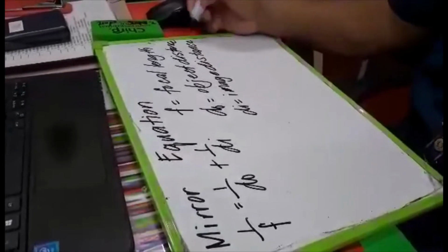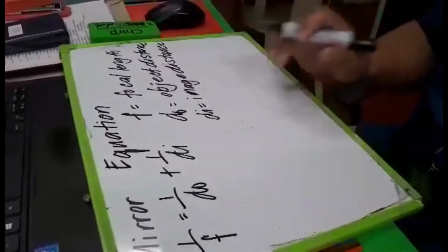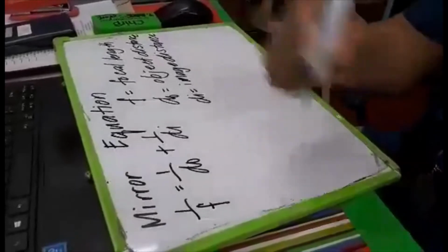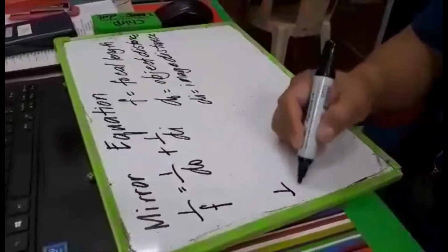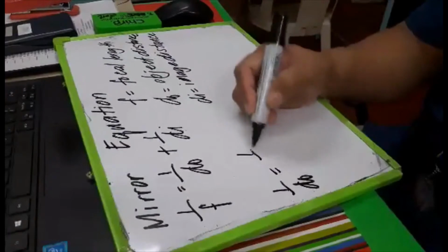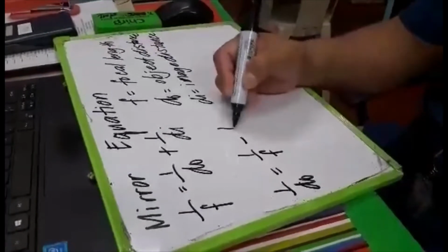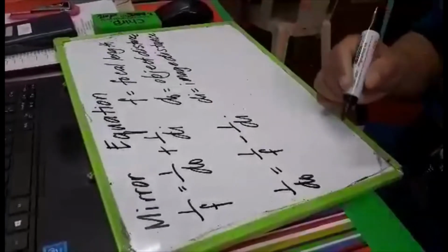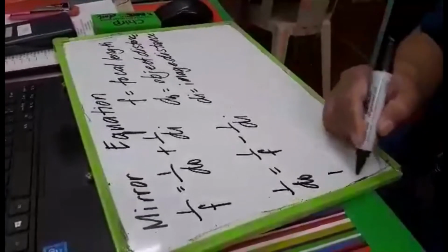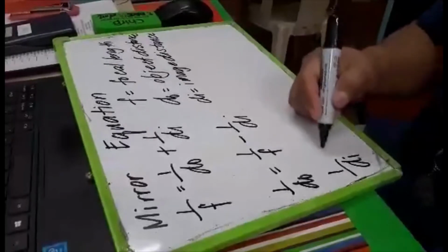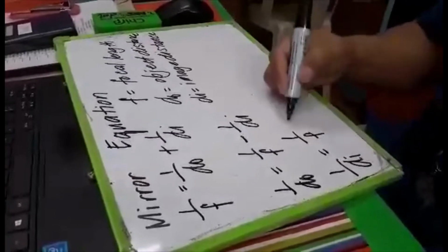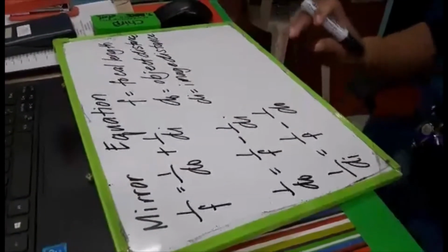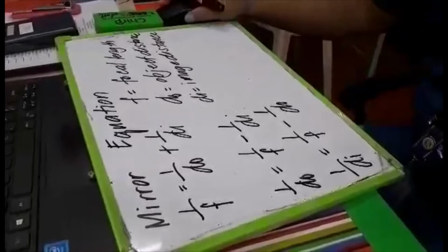Okay? So, paano natin hahanapin? Let's say, for example, hanapin po natin yung DO. So, we have transpose lang natin. So, 1/DO is equal to 1/F minus 1/DI. Pag hinanap naman po natin yung DI or 1/DI, so we have 1/DI is equal to 1/F minus 1/DO. So, ito po yung mirror equation. So, ano ba yung susunod natin? So, we have here